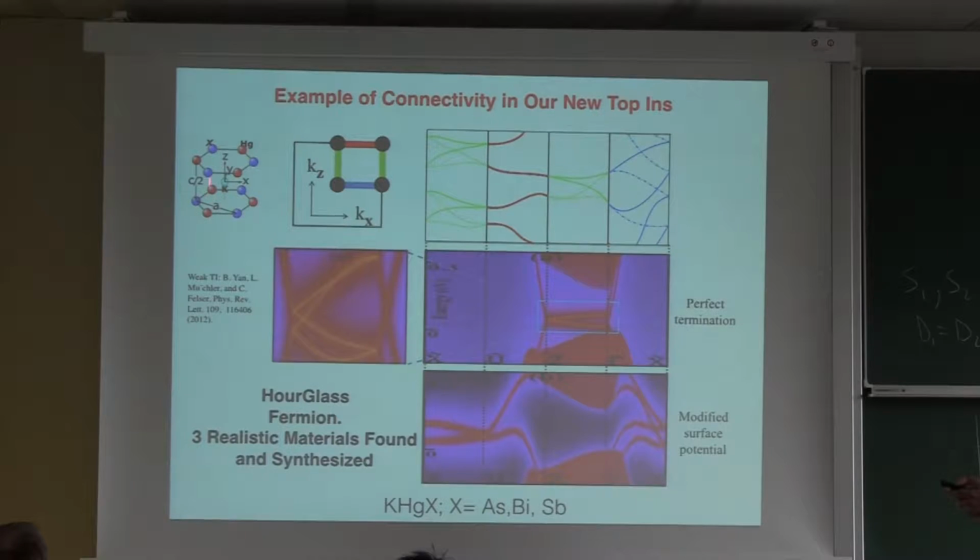And this is a nonsymmorphic symmetry. So you take x to minus x and translate by half a unit cell. Both these surface planes are invariant under this symmetry, and I'll show you that this symmetry immediately gives you a connectivity of 4. So D1 and D2 are equal to 4, in the sense that on these two high symmetry lines, you cannot have less than 4 bands. And you cannot have 6 bands. The bands come in multiples of 4 on these lines, and they have to come in multiples of 4 due to this nonsymmorphic symmetry.